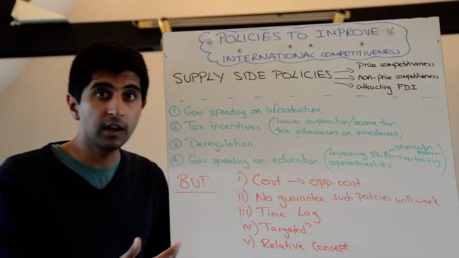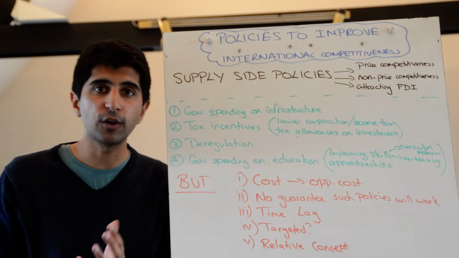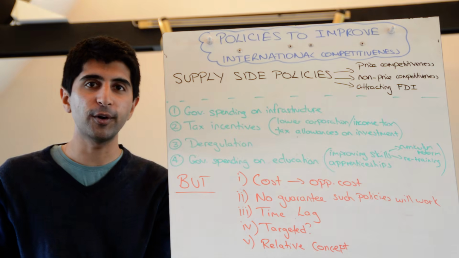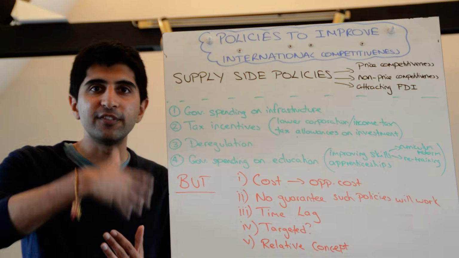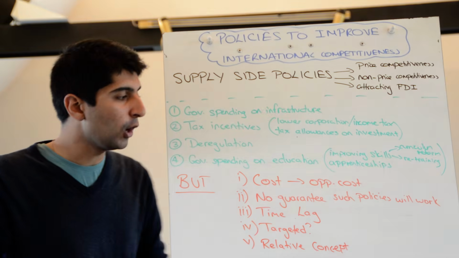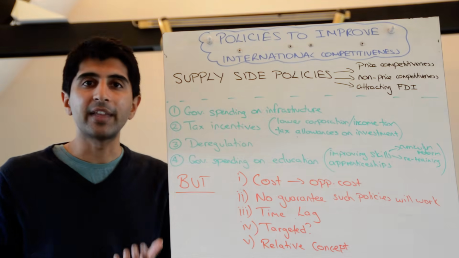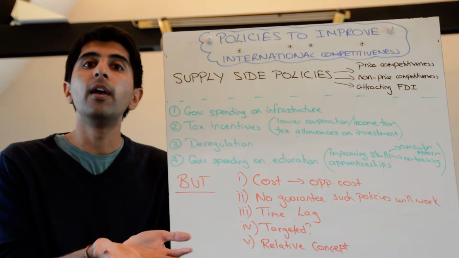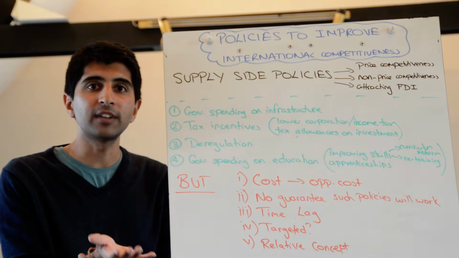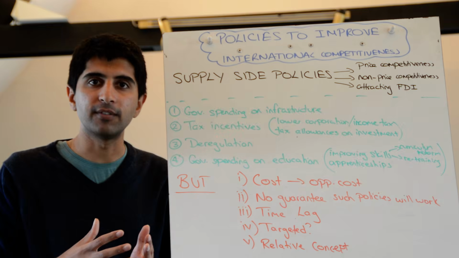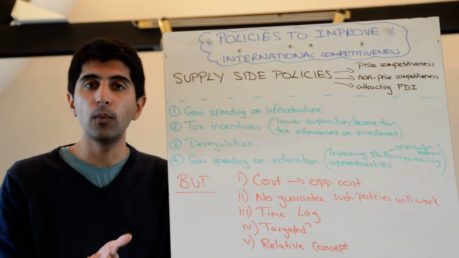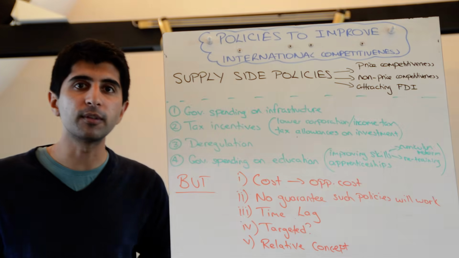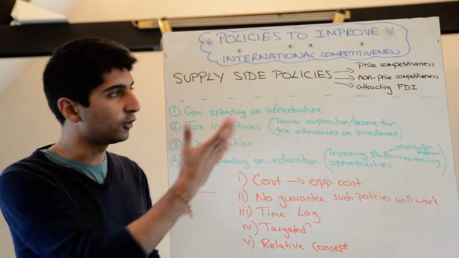First of all, the cost. All these policies have a significant cost in them. And anytime we talk about cost, you can bring in the opportunity cost argument. What might these policies mean for the future in terms of how much they cost? Will they mean potentially that taxes may have to go up in the future? Well, if that's the case, then those taxes going up may limit competitiveness. Maybe corporation tax will have to go up in the future. Maybe VAT will have to go up in the future. And suddenly we lose the price competitiveness that we just talked about previously.